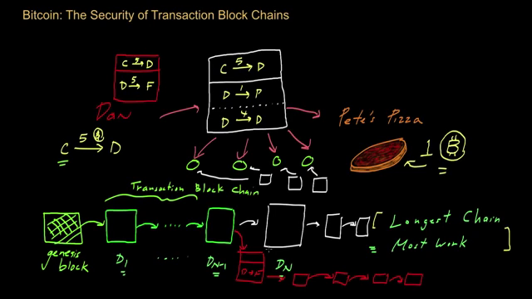And even if you succeed once in winning the lottery with a small number of tickets, the likelihood of repeating that feat over and over again, several times in a row, becomes much smaller. But that's exactly what Dan has to do. He has to basically win this lottery multiple times until he has a bigger chain. And so the key metric here, the key thing you have to look for, is how much computing power Dan has versus how much computing power all the honest nodes in the system have together.